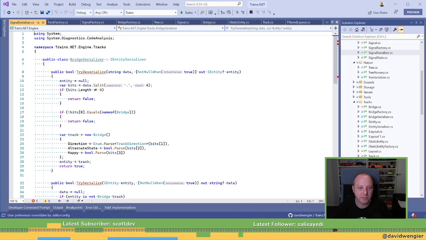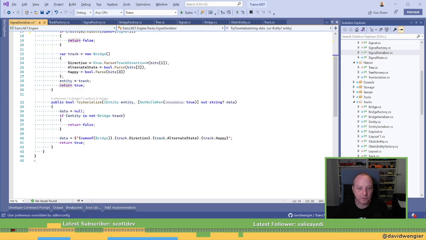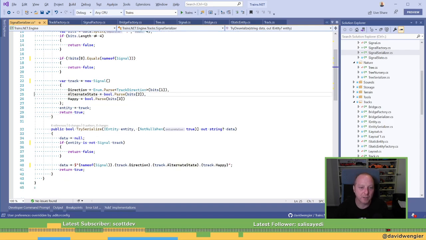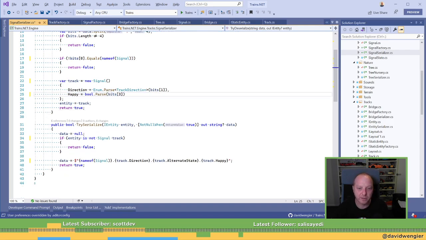Signal serializer needs to change. Okay, so signals have... Oh, I didn't... Oops. Alt-Shift semicolon. There we go. Okay, so signals have a direction. They don't have an alternate state. They do have a happiness. But they have a... what's it called? Signal state or something. Signal state. And signal state is an enum. Cool.